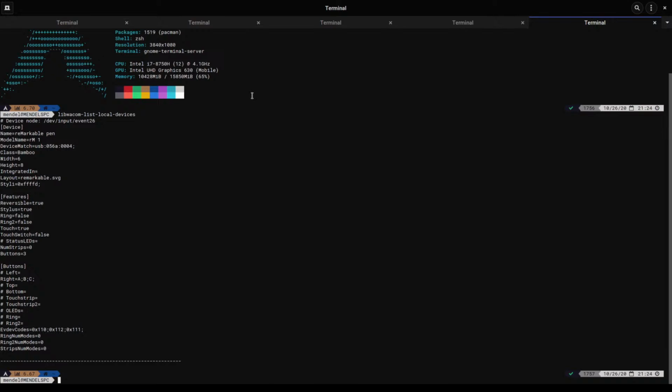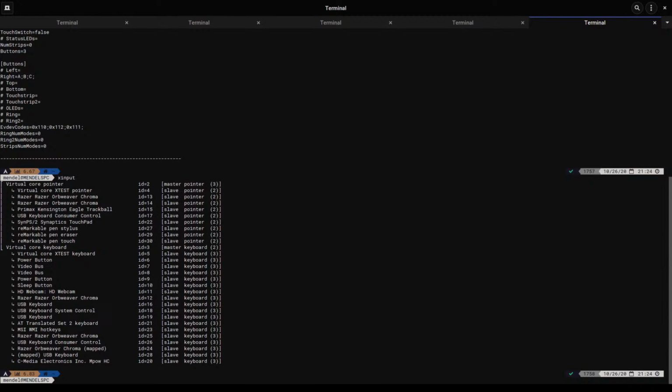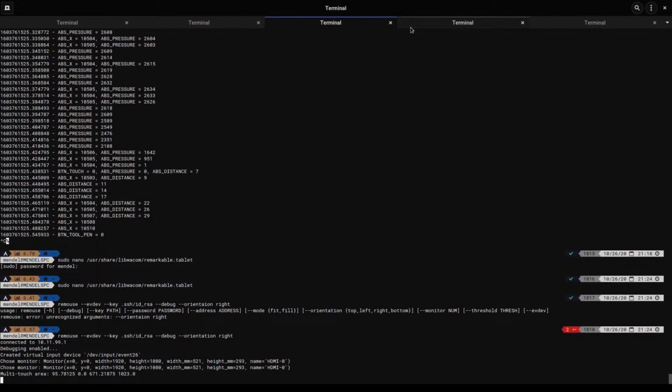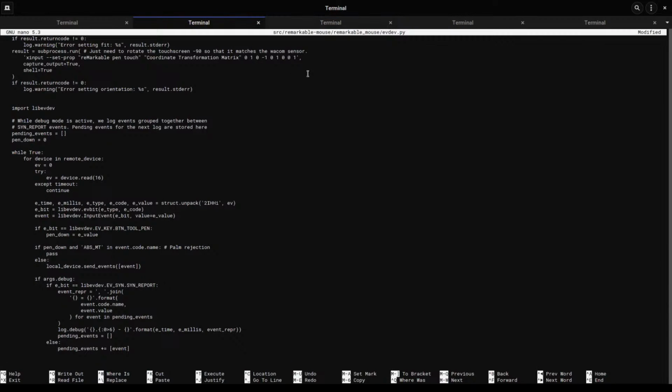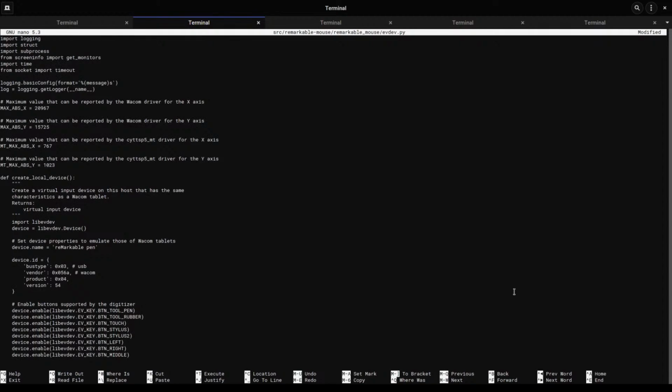The next step is xinput. It hasn't discovered the panel, apparently. We'll see about that soon. I'm going to have to get back on that. That could very possibly be a legitimate issue,